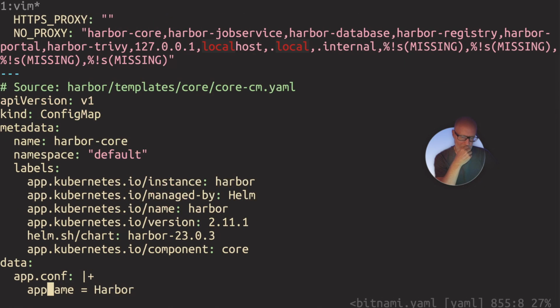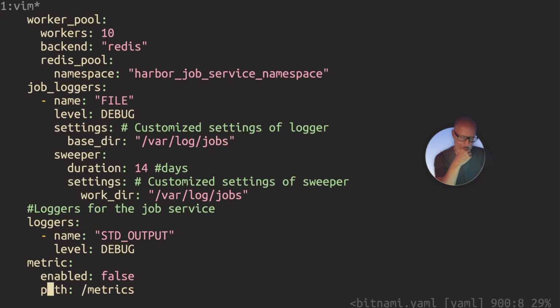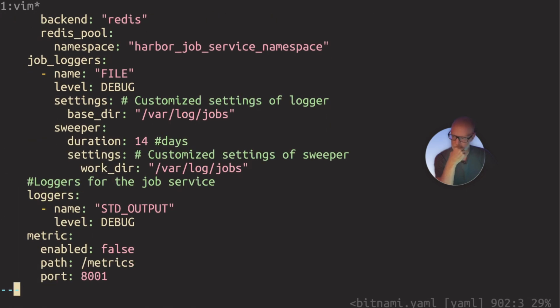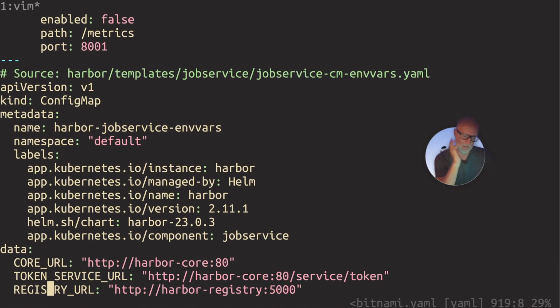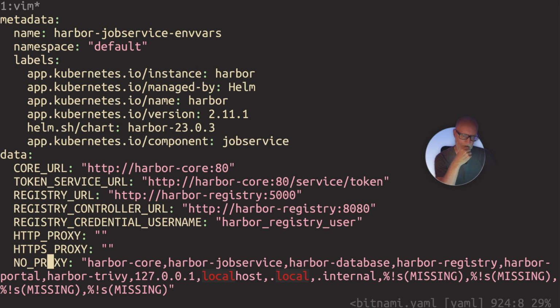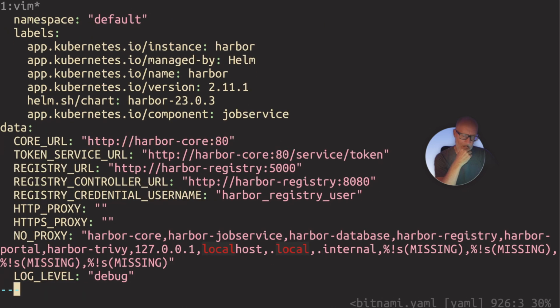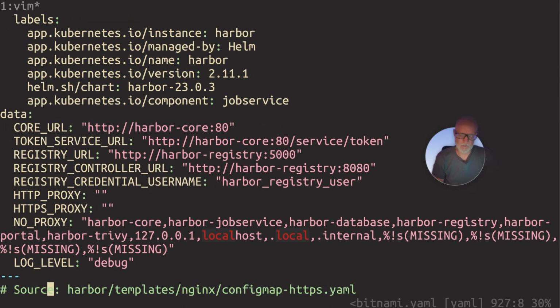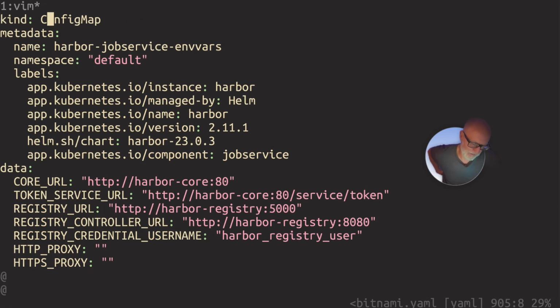So we have config maps. Harbor Job Service namespace, jobs. I'm just trying to get in my head around how they've deployed their app. If you don't have any Kubernetes knowledge, this stuff's gonna look like gibberish. As a fun fact, this is why Kubernetes people and DevOps people are called YAML programmers